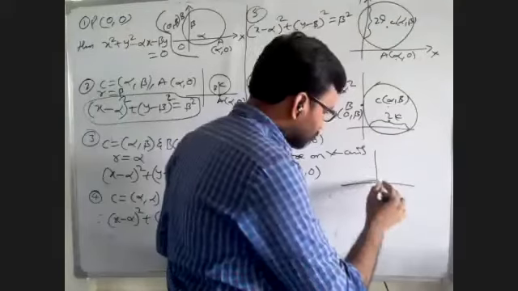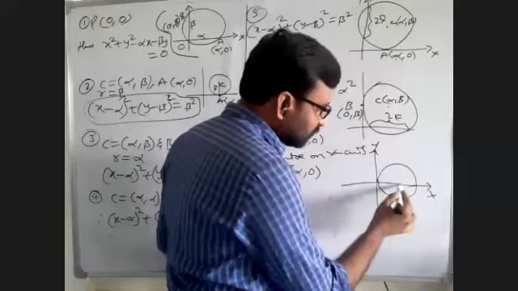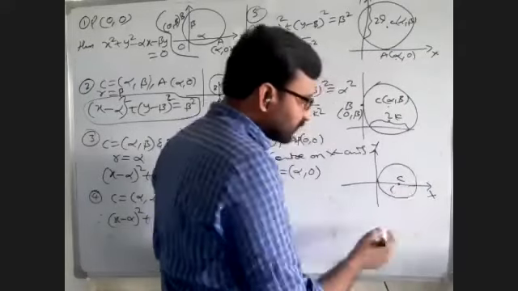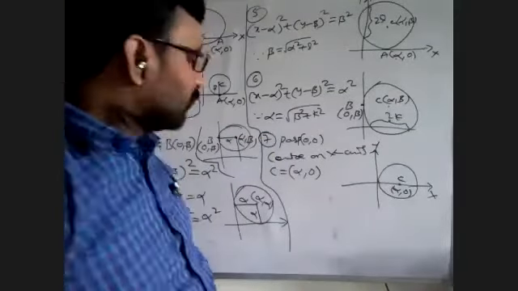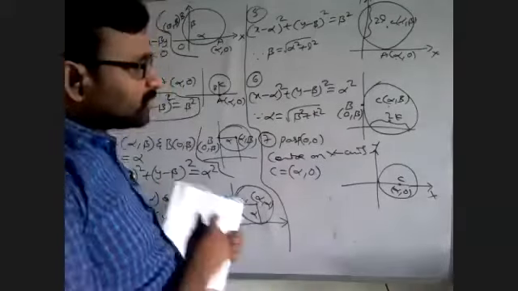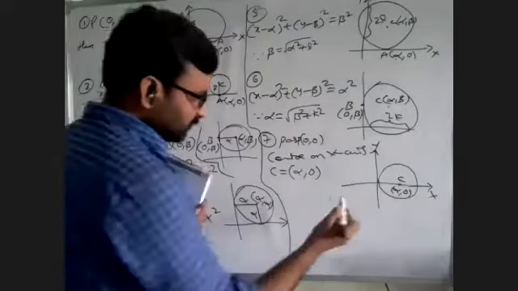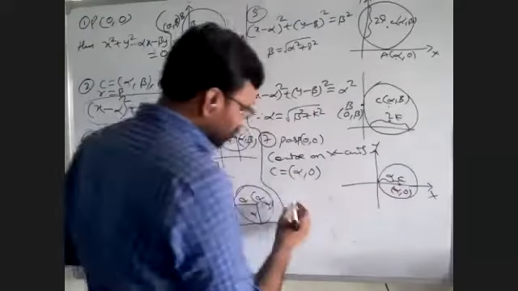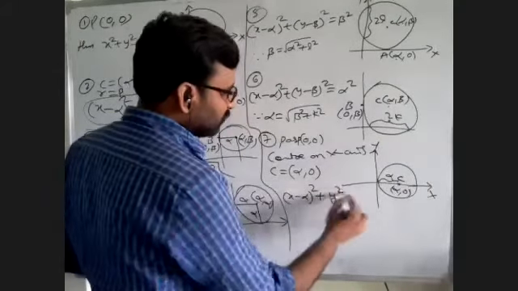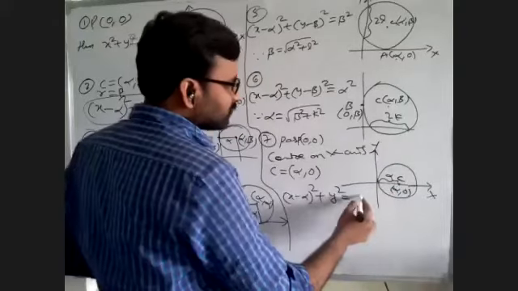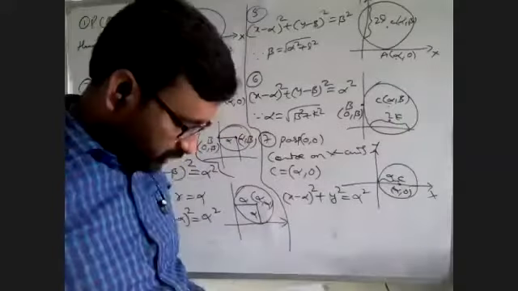This is the x-axis, this is the y-axis. This is the center, which lies on the x-axis. So alpha comma 0 is the center. There is no beta, the y coordinate is 0. Then the circle equation is what? (x minus alpha) whole square plus y square is equal to radius square. We need the radius also, which is alpha, because from here to here is the radius. So (x minus alpha) whole square plus (y minus 0) whole square is equal to radius square, which is nothing but alpha square. Explaining further, alpha cancels. So that is the equation.